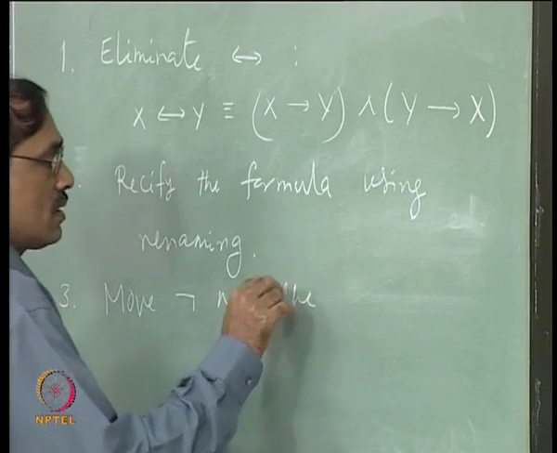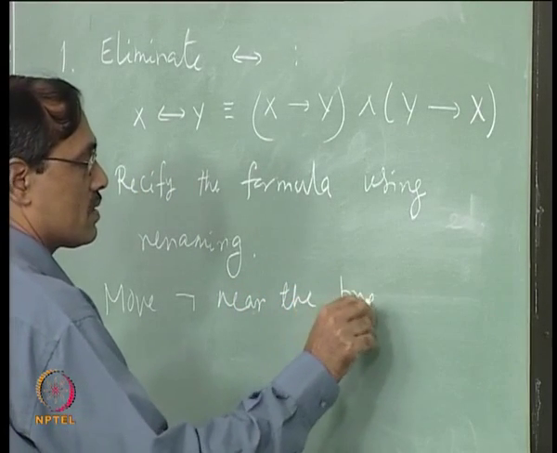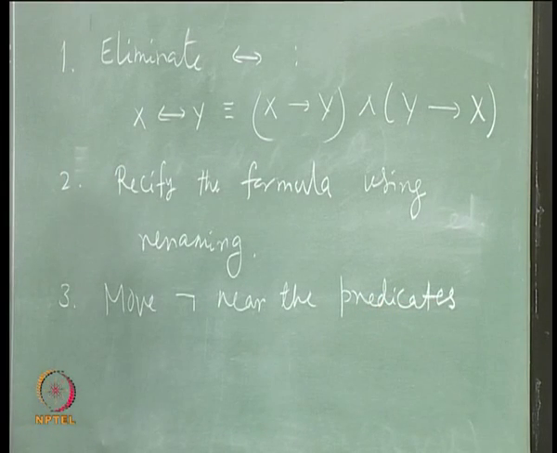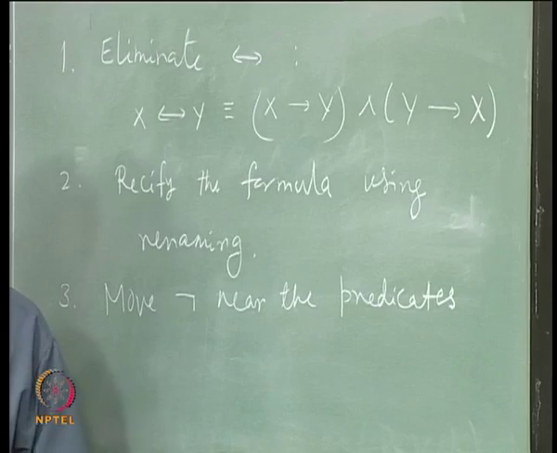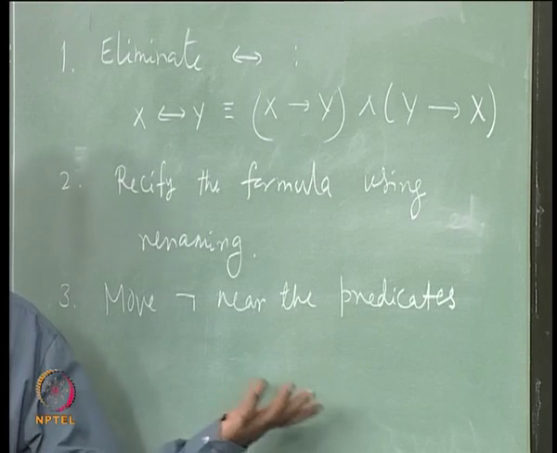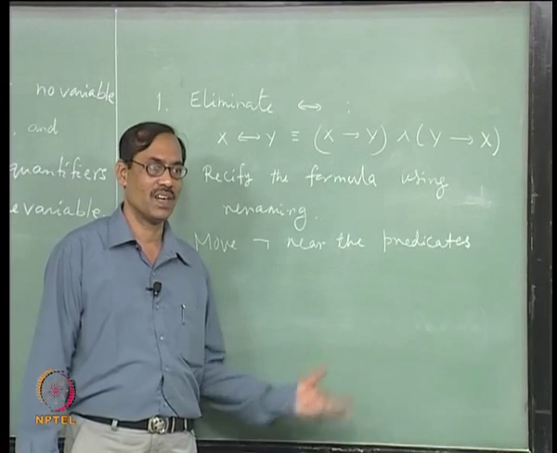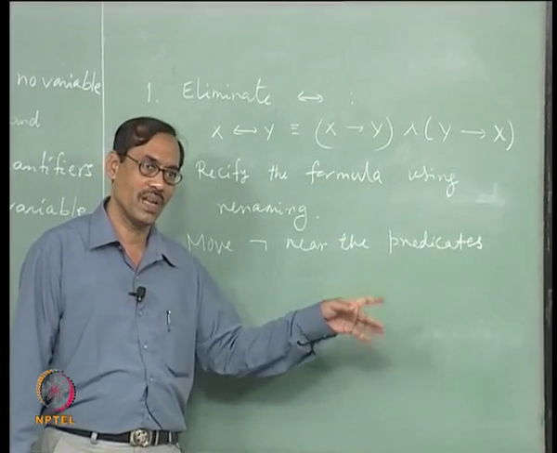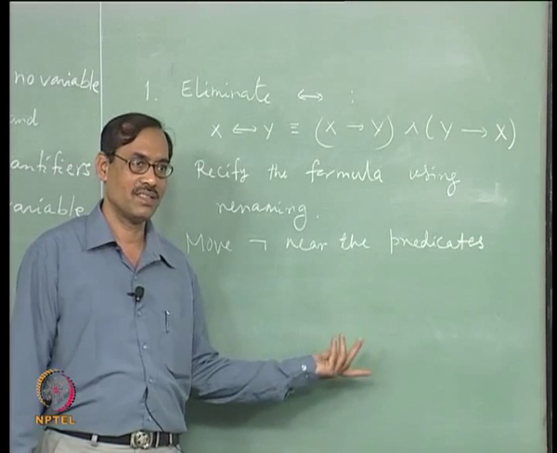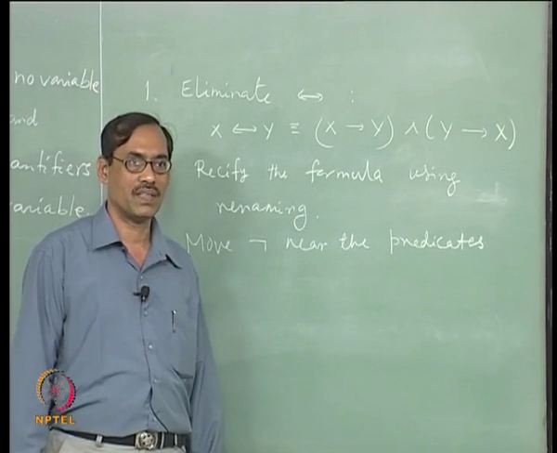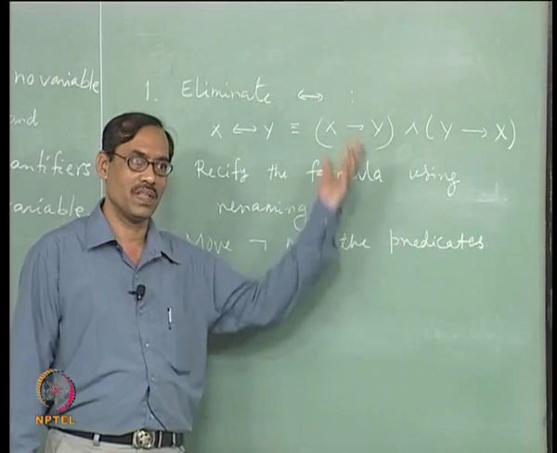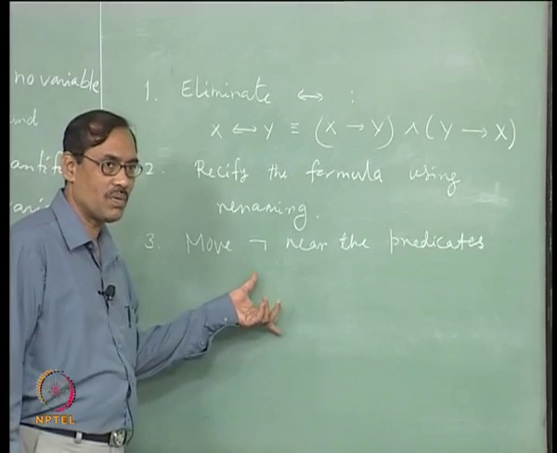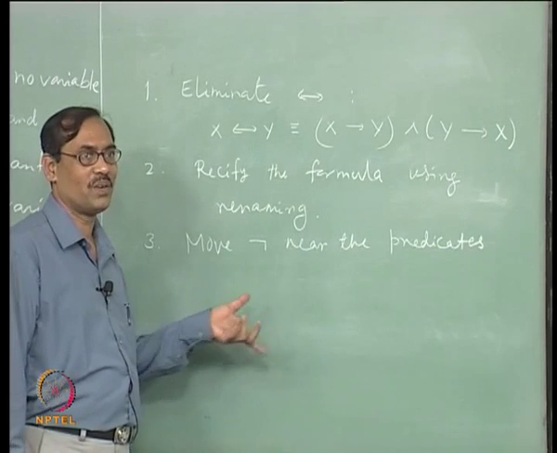Near the predicates. In fact, we do not need to move it near the predicates, we can keep it outside the block of the quantifiers, that is enough for us, right. For example, there is not of x implies y, we do not need to put x and not y, it is enough if it is not inside the quantifiers, but better to do it anyway, we will be going for the DNF and CNF, right. So, this step is overburden, but we will take it, we will go along with it.